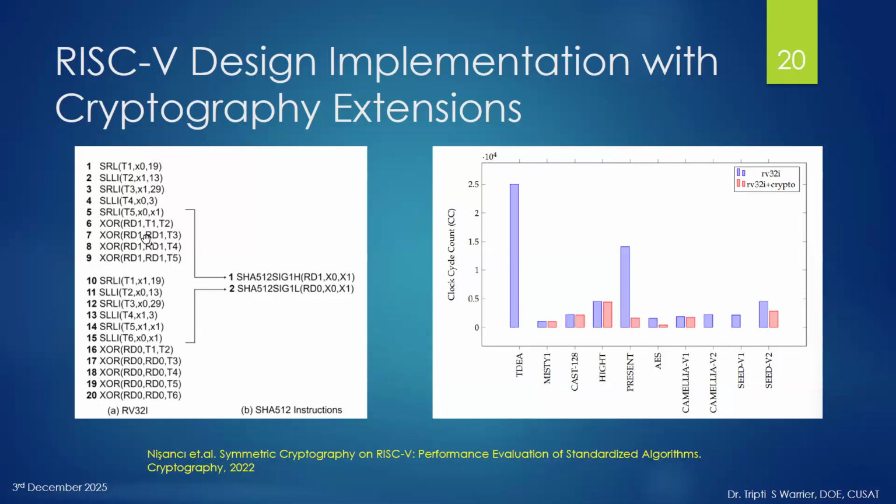So if you have a program where this operation is happening, it will be replaced by one instruction. Similarly, here 10 to 20, that is 11 instructions, are replaced by the next SHA instruction. So you see that code size has drastically reduced. And when there is a reduction in code size,